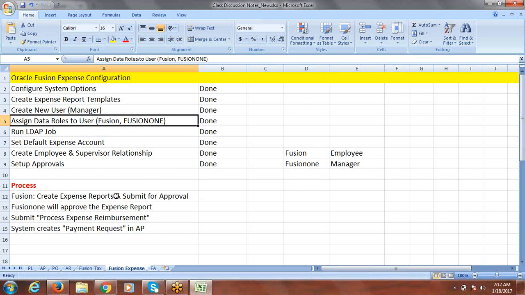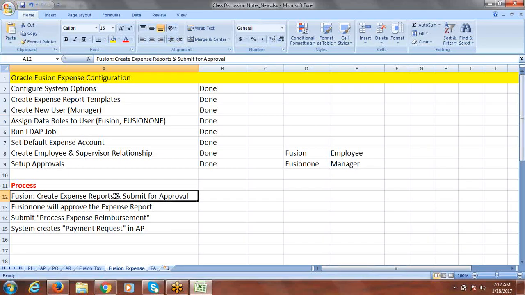Once you submit that expense report, the approval notification should go to Fusion 1, but that is not happening. That is the current issue we have. The reason for that, I just spoke to the people who are working on this support from Oracle. The information I got is we have to bounce the SOA server for the finance domain. This is just a known issue. That's what they are saying.